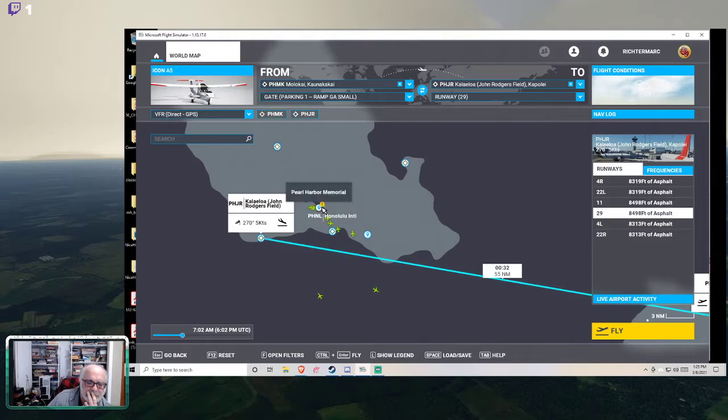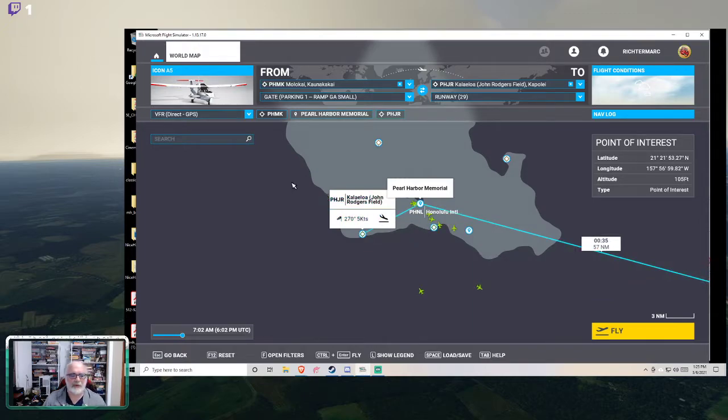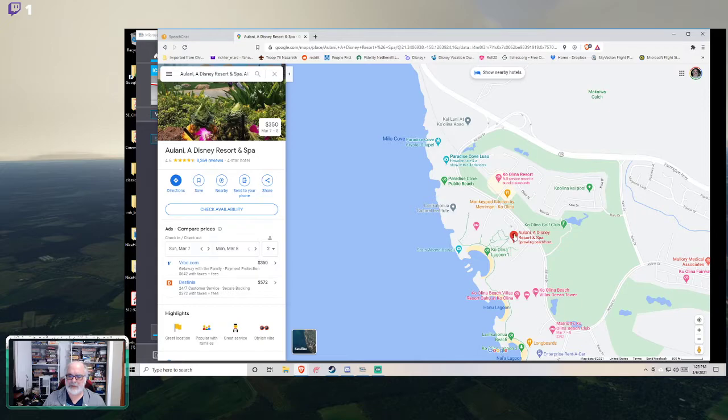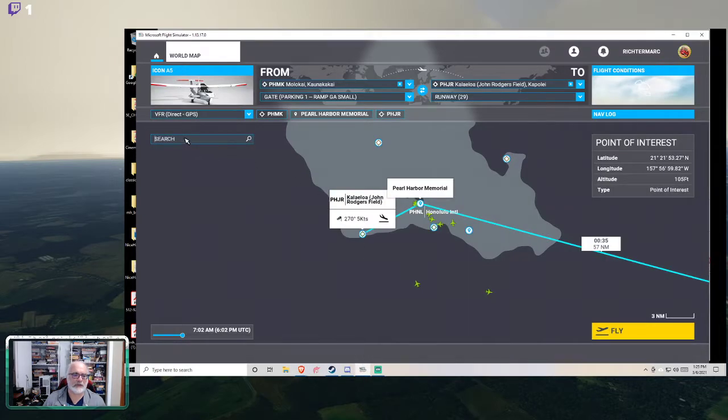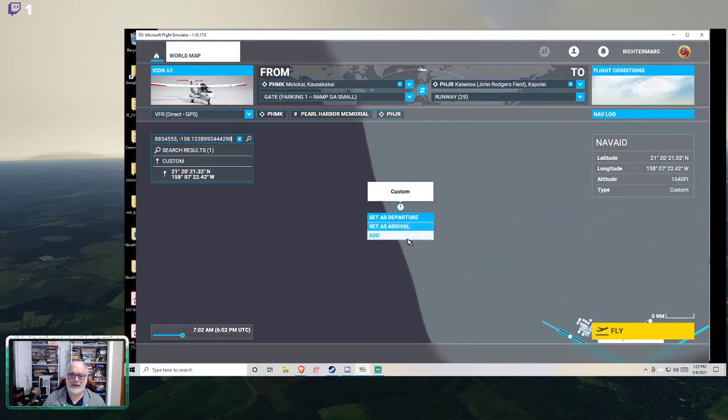We're going to add the Pearl Harbor Memorial as a destination, and then also my wife and I are now Disney Vacation Club members. So what I want to do is I want to do a little flyover of the resort there, because God knows when I'll be able to get there in real life. So I've copied that to the clipboard. That's now a custom waypoint, and we're going to add that as a